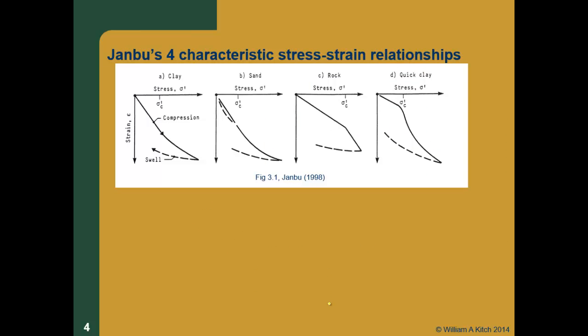So what Janbu did was look for a simpler way. He recognized that the stress strain curves aren't linear, number one. He also recognized that they're not even linear in log space, as we went through last time. So he was looking for a simple way, and obviously the right way to do this is to integrate the tangent modulus over the stresses, and that's going to give you the strain. But he was looking for a nice, simple way to do that in a way that captured the behavior of soils that he saw. So when he looked at soils, he saw what he called the 4 characteristic relationships, and